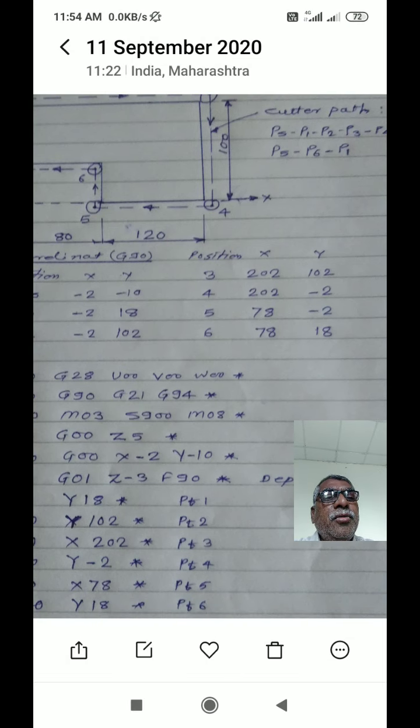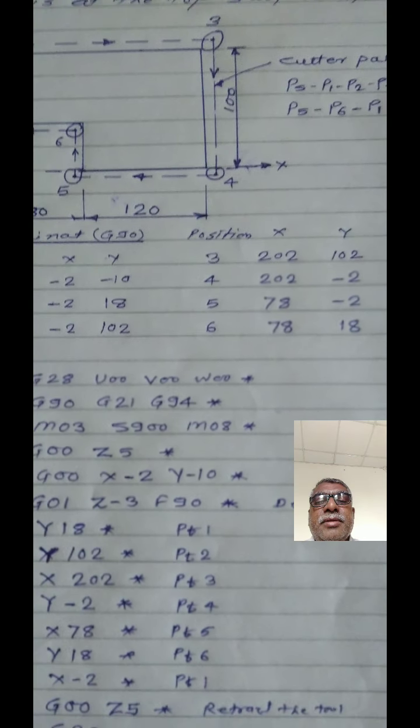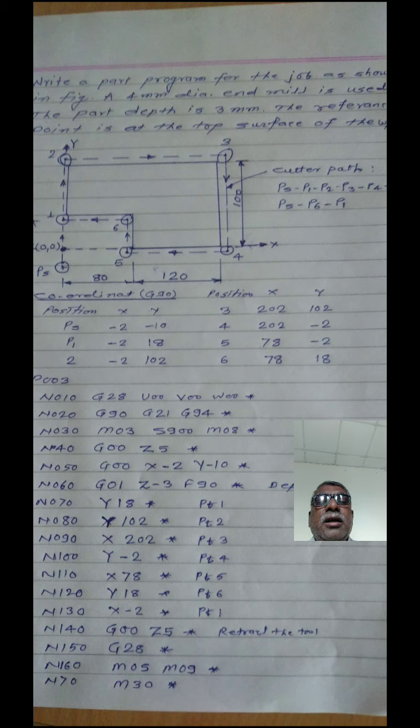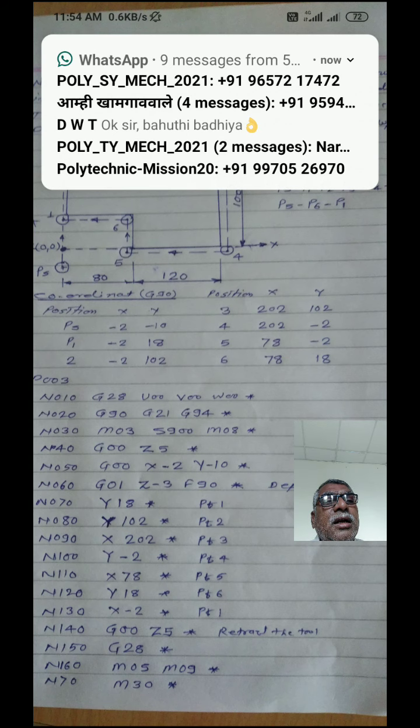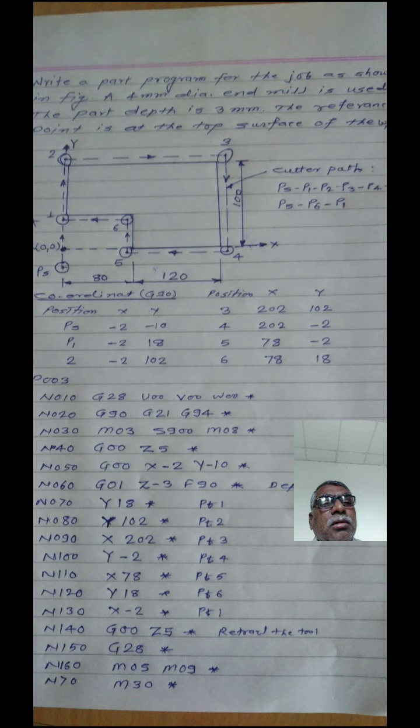These are the various points which is known as cutter path. That is a tool movement along the x-axis and y-axis. Is it clear? Tool movement along the x-axis and y-axis, which is known as cutter path. After finding the cutter path, we have to find out the coordinates of each and every point in absolute coordinate measuring system. What is absolute coordinate measuring system? You have to measure the coordinates value from the workpiece 0. Is it clear?